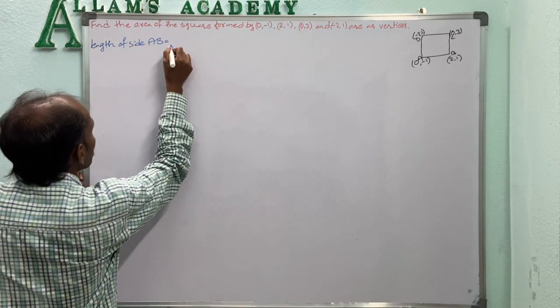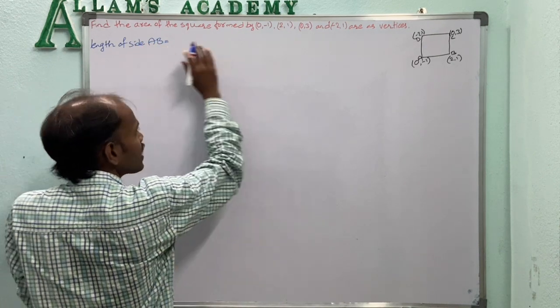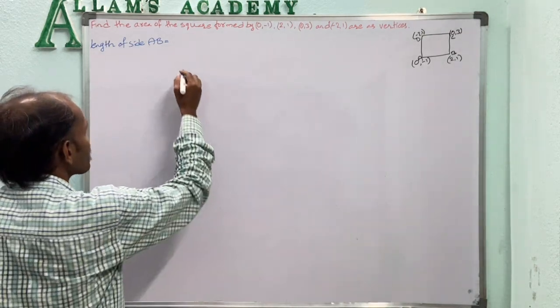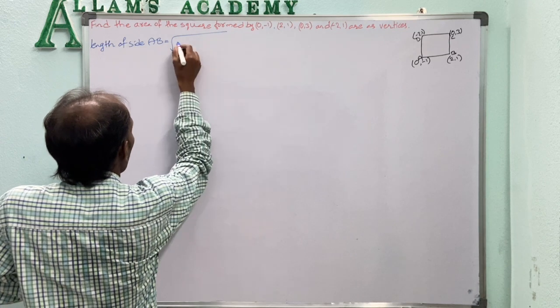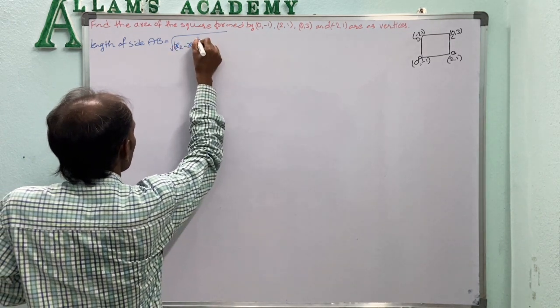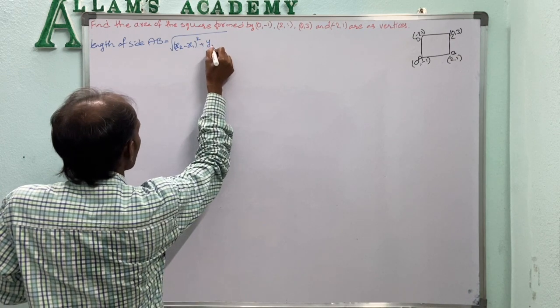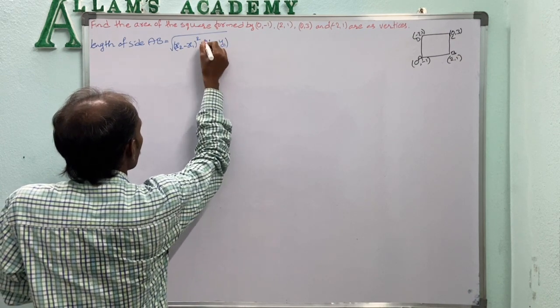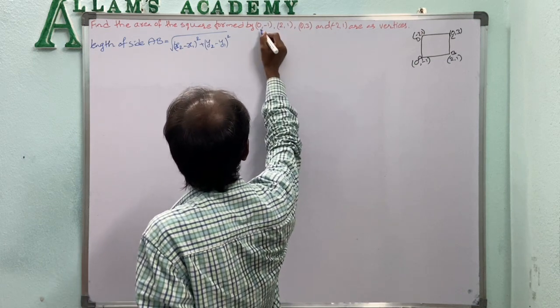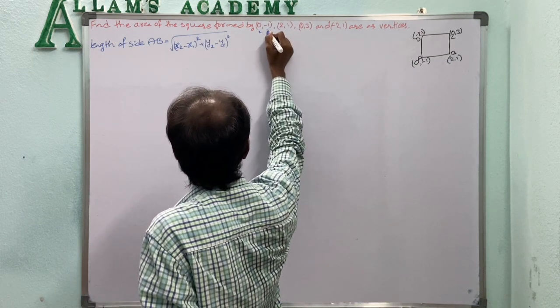The length of the side is nothing but the distance between the two points. Distance between any two points, as we already studied, is under root (x2 minus x1) whole square plus (y2 minus y1) whole square. So if we take the points (0, -1) and (2, 1), then x1 is 0, y1 is